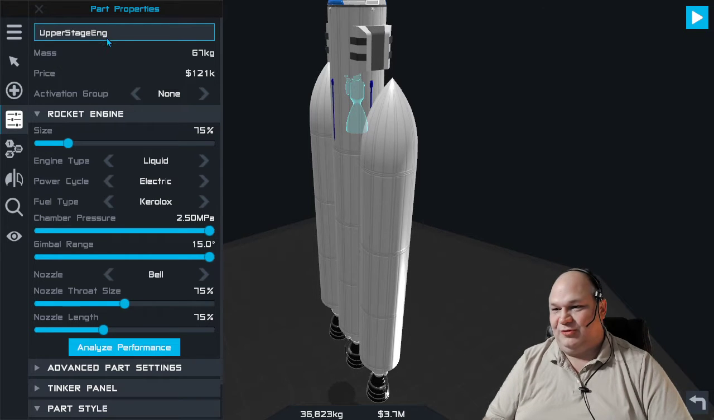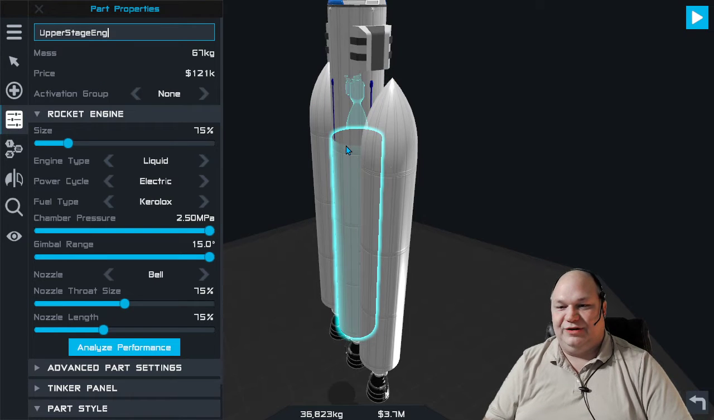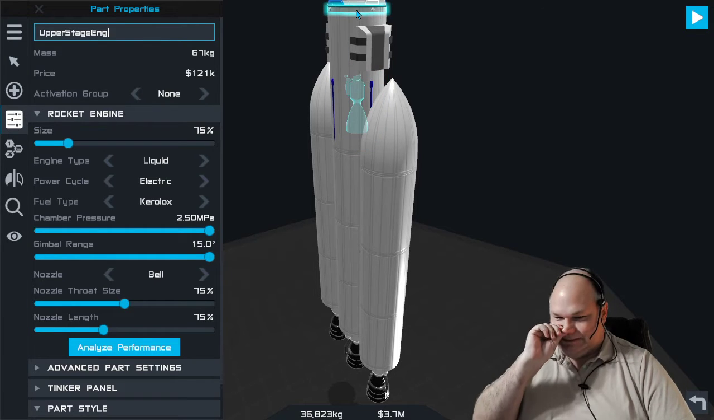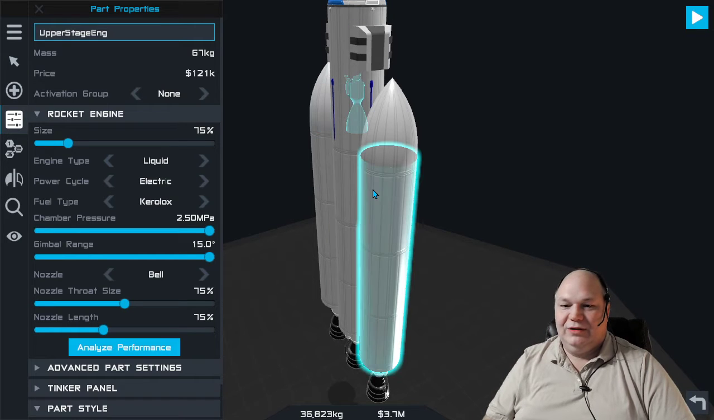We could also say upper stage IS. I don't know why I said capsule IS. Well, it's not the capsule IS. This would be the upper stage interstage. Upper stage interstage? What they call decouplers in Kerbal. They call interstages here. So